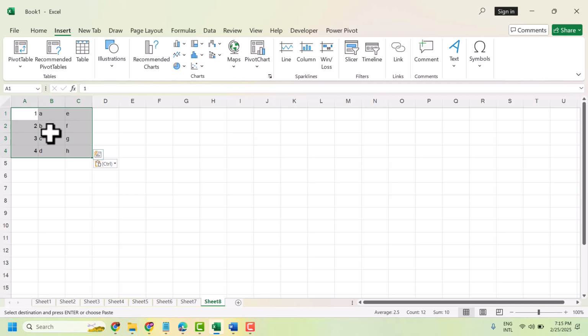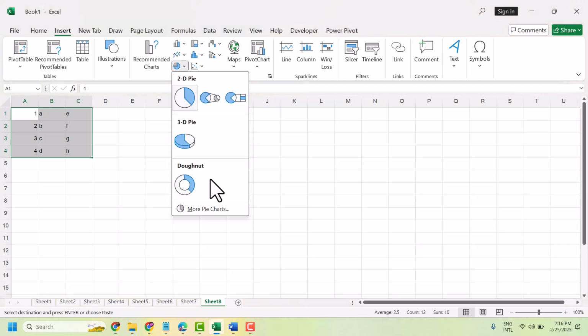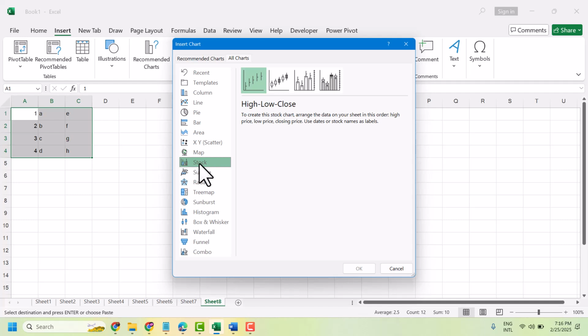So firstly select this area and click on Insert and this option, Insert Pie. So just simply click on this small drop down, More Pie Charts, and now you see here Stock. You see here this Stock option, so just click on it,